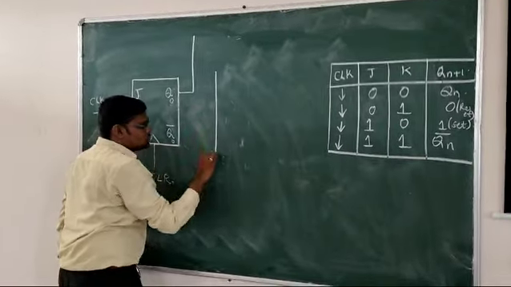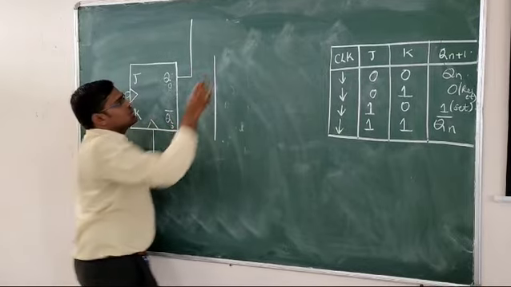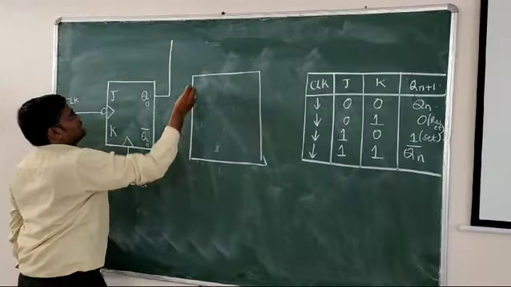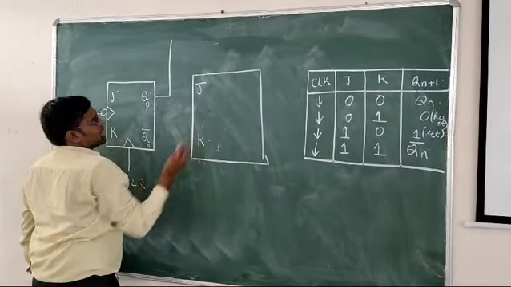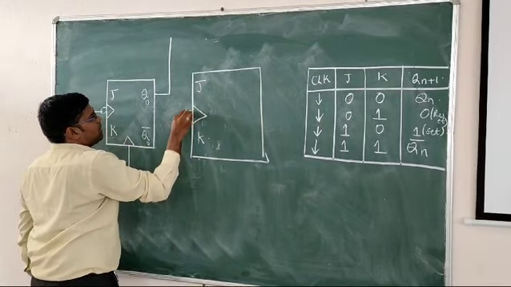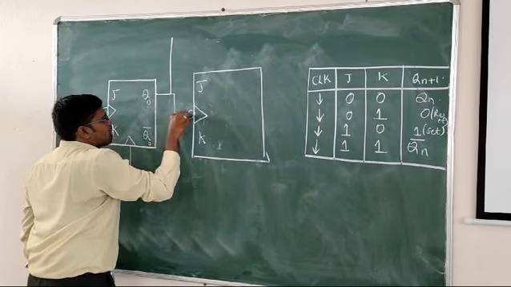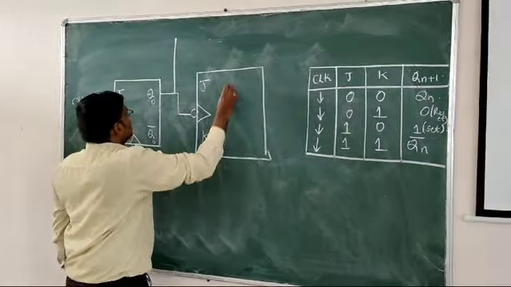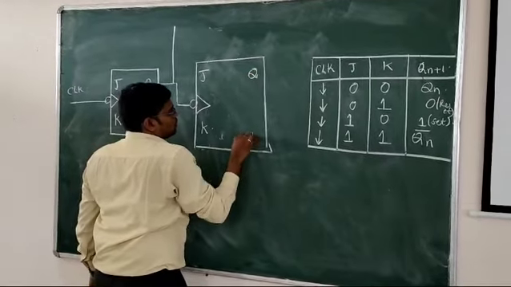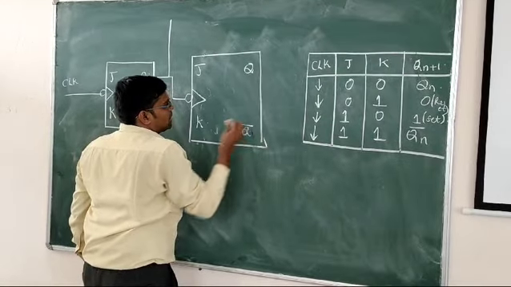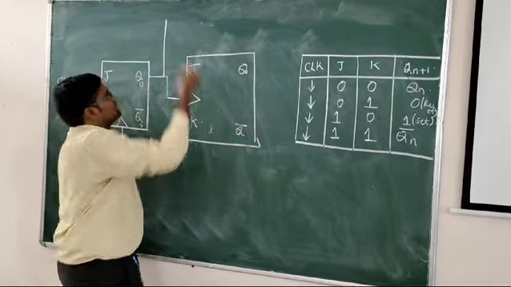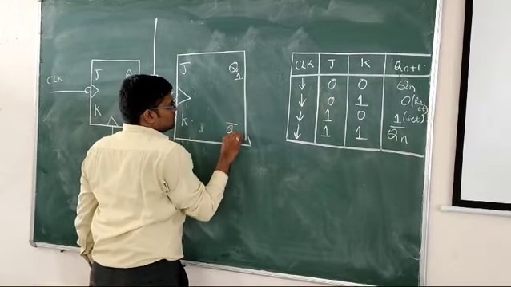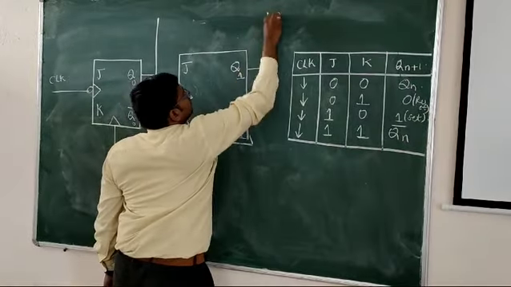As it is a 2-bit counter, I need 2 flip flops. So I am taking another JK with J and K, but the clock is being driven by the previous output. That's why it is called a ripple counter. Next we have Q bar, but here this is the second bit, and the previous one is the 0th bit, or first bit. That's why this is Q1, this is Q1 bar, this will be Q1.